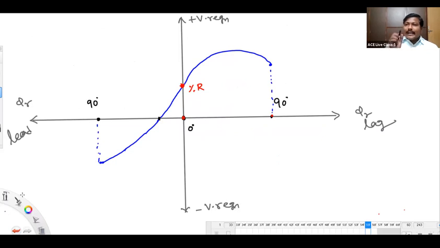At what condition are we going to get the maximum voltage regulation? Which type of load will give the maximum voltage regulation? Only lagging load. Because you see this cosine wave